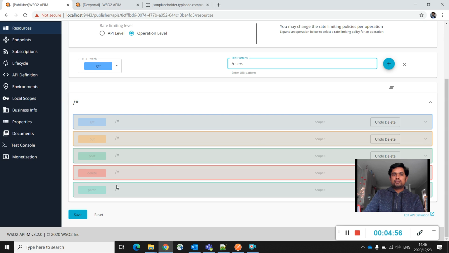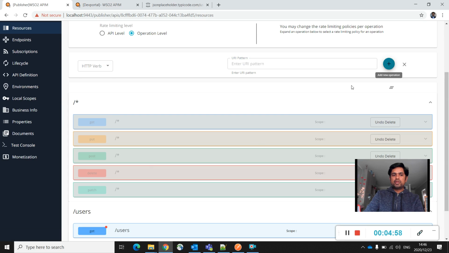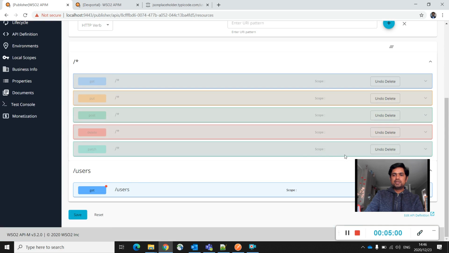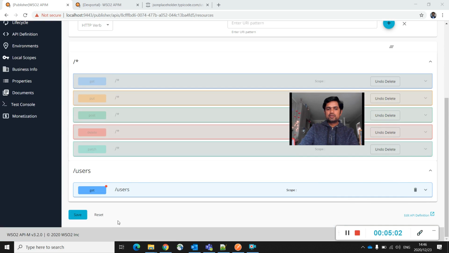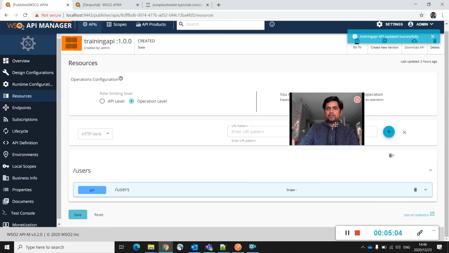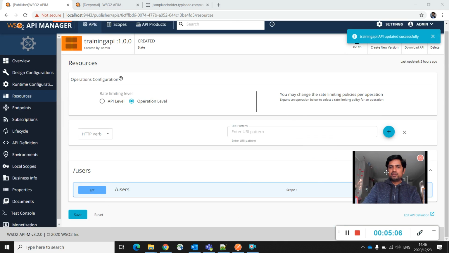So once you do that, click on this little plus, so you will see that API is added over here. So you can go ahead and save this. Once you save that,